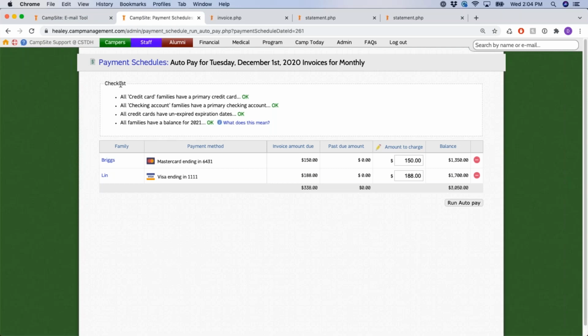Again, at the top, you'll see a series of checklists. So it will double check that all credit card families have a primary card designated. Same thing with checking accounts. All credit cards have an unexpired expiration date to cut down on the amount of declines you're going to get. And then one last time, again, we make sure that all families still have a balance for 2021 or the